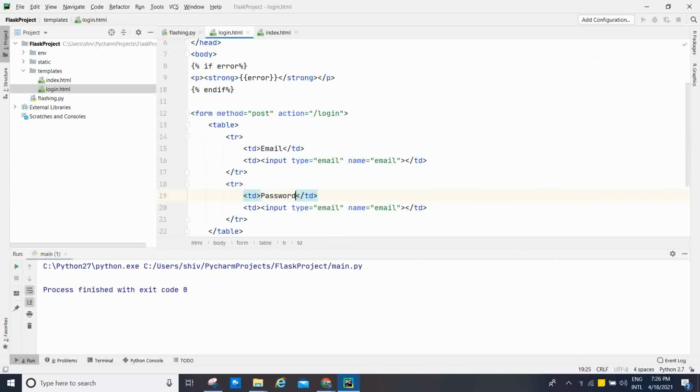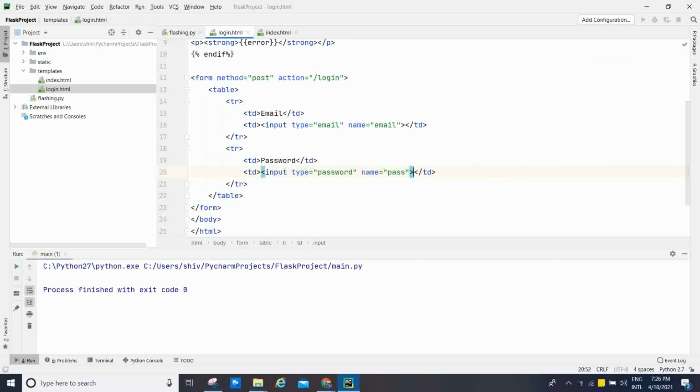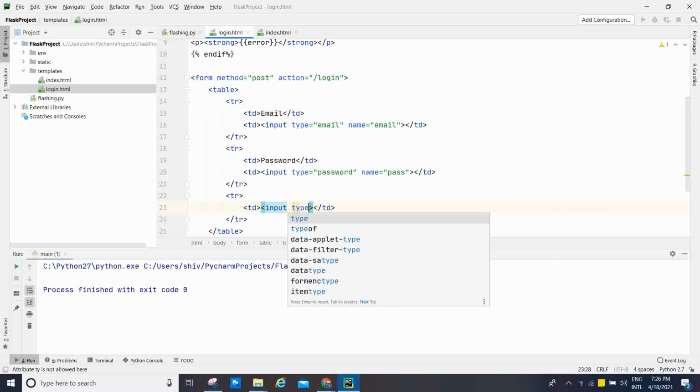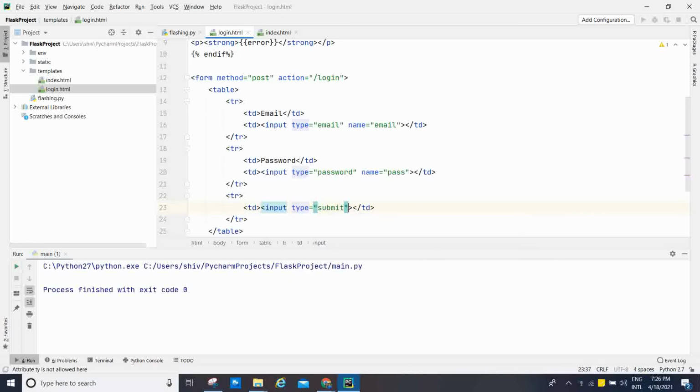Okay, and type is also password, name is pass, and now after that I'm going to create one button, tr td input type equal to submit, and value equal to submit.